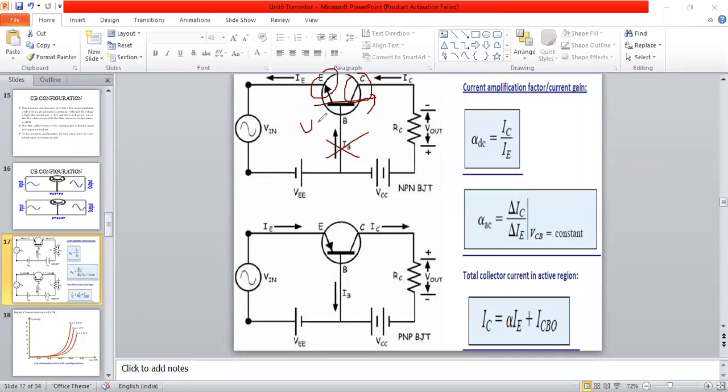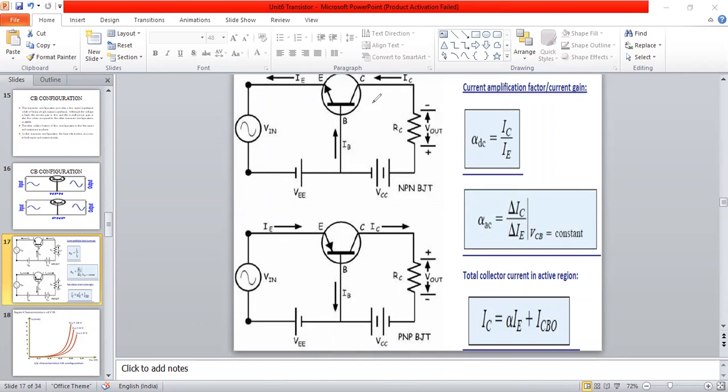If the base voltage is 0, then it will not conduct. The output will become 0 and it acts as an open circuit only. Base voltage is 0 in that situation, because one is opposing and the other is conducting, so both will get cancelled. It is not possible to conduct in that situation. So we can consider this as a junction here.